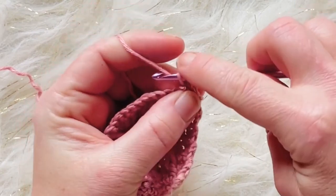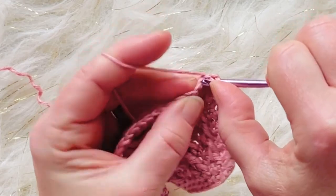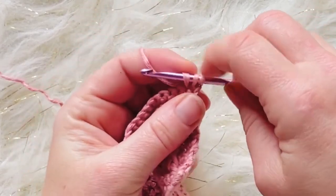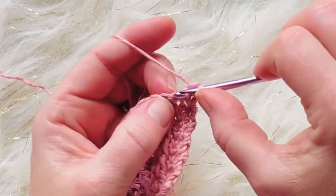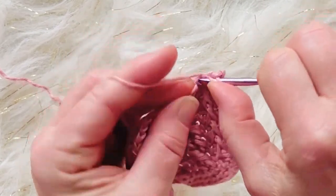So you insert your hook in the first stitch, yarn over, pull up a loop, insert your hook into the next stitch, yarn over and pull up a loop. So you have 3 loops on your hook and you yarn over and pull through both. That's a single crochet decrease. So we just did 1 and we're going to do